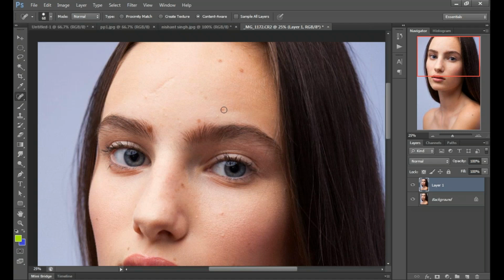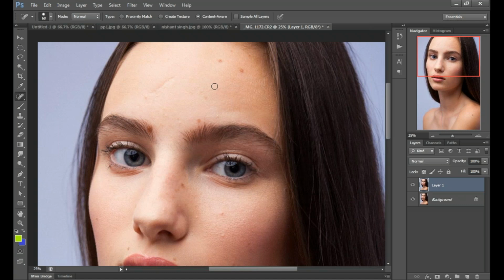So just click on any spot. I'm sorry, just interrupting to tell everyone, maybe we can see only the cursor now, but the original way, when you press on the Spot Healing tool, it must be a round brush.